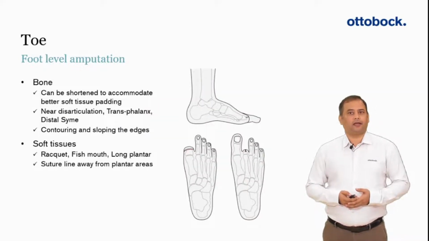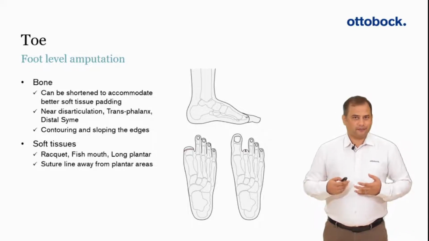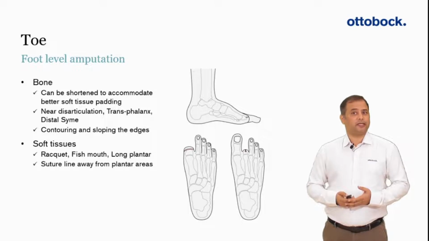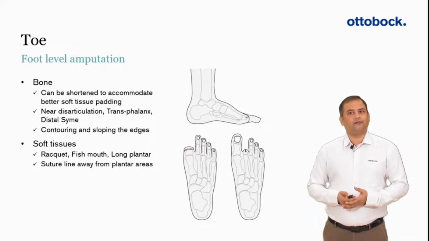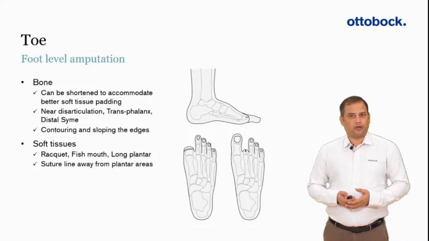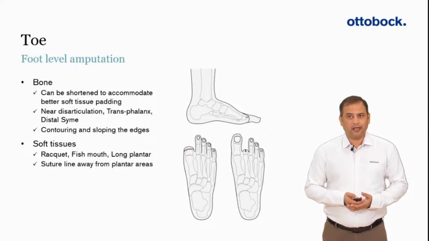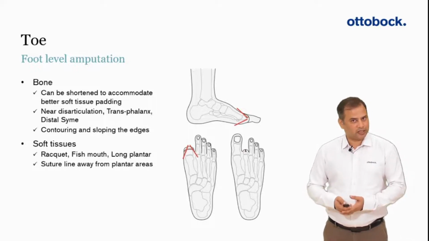At toe level, there are different sub-levels of amputations and associated techniques. Purely from a device application point of view, three things are important. First, the stump area must be well padded. Hence, if necessary, a longer plantar flap should be preferred over bone length. Second, the closure or suture line should be placed away from both the weight bearing area as well as the rollover area. We understand that it is not always possible. And lastly, the bone edge must be beveled and smoothened.